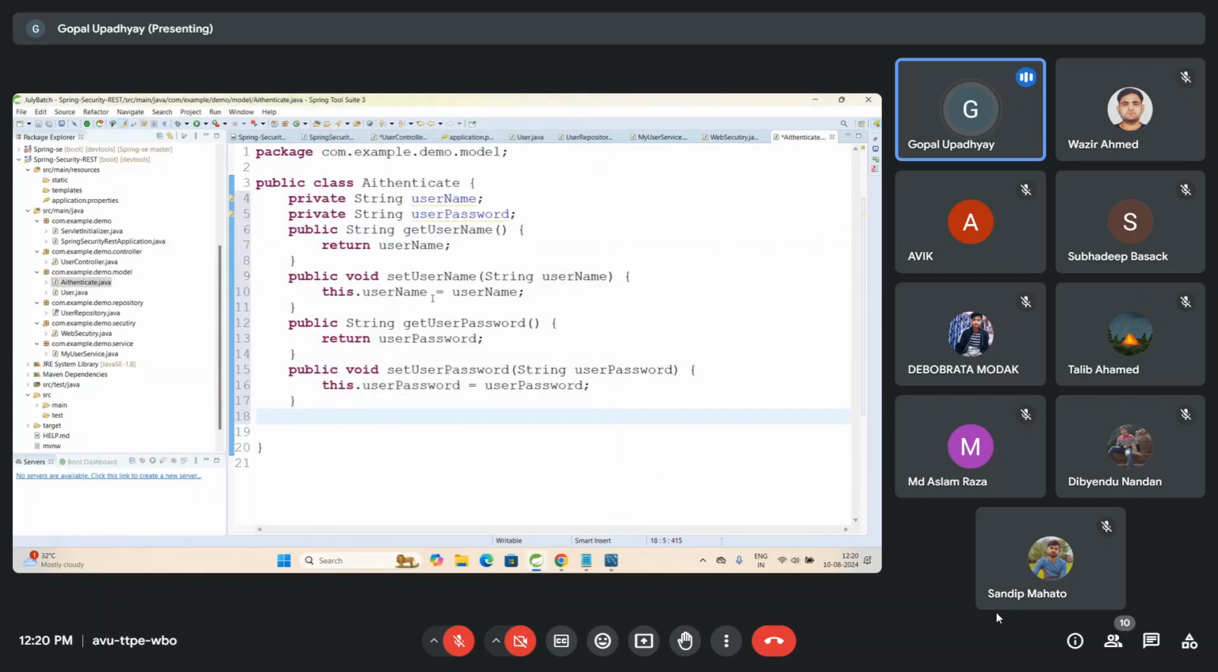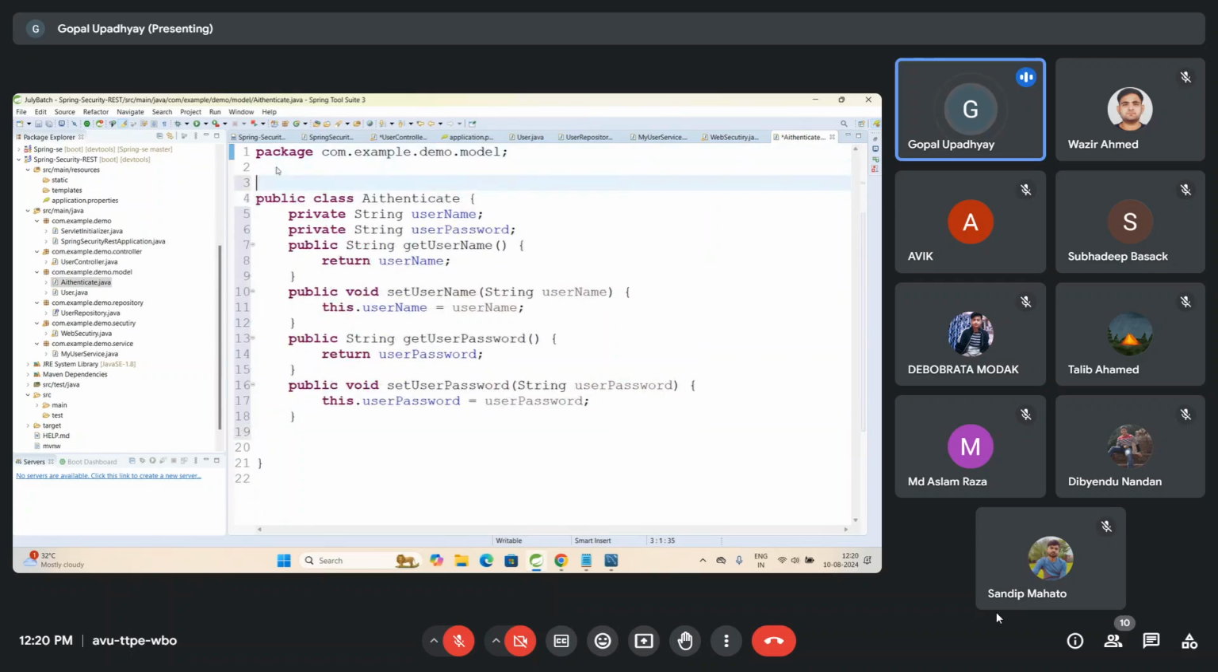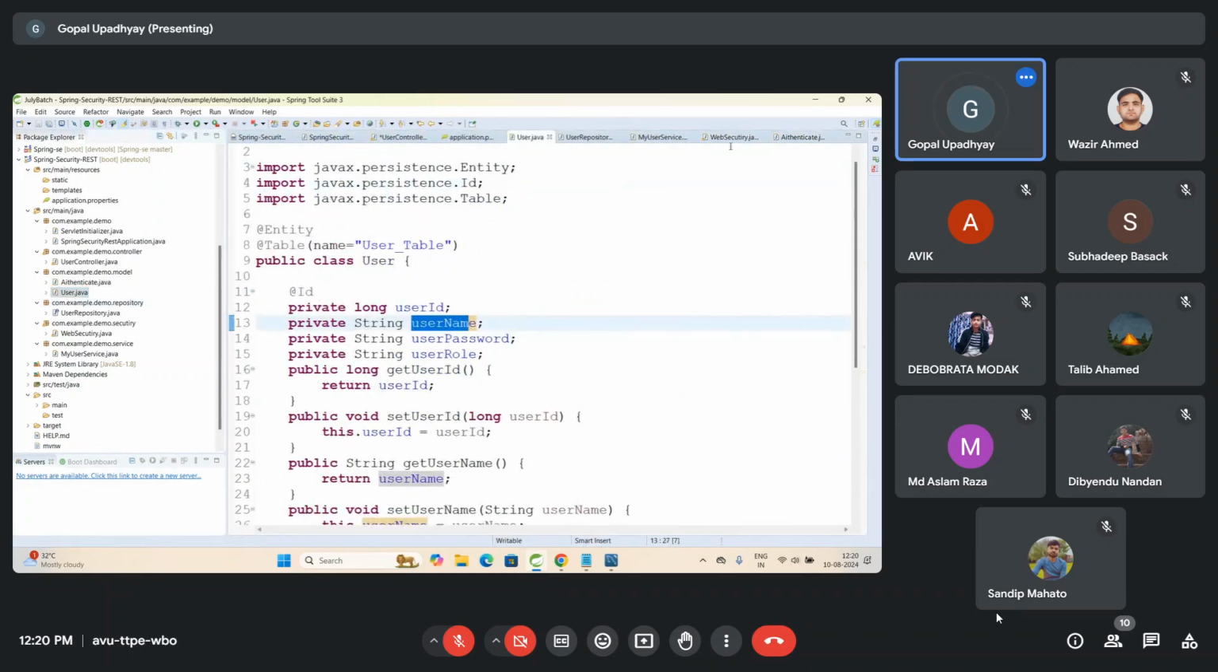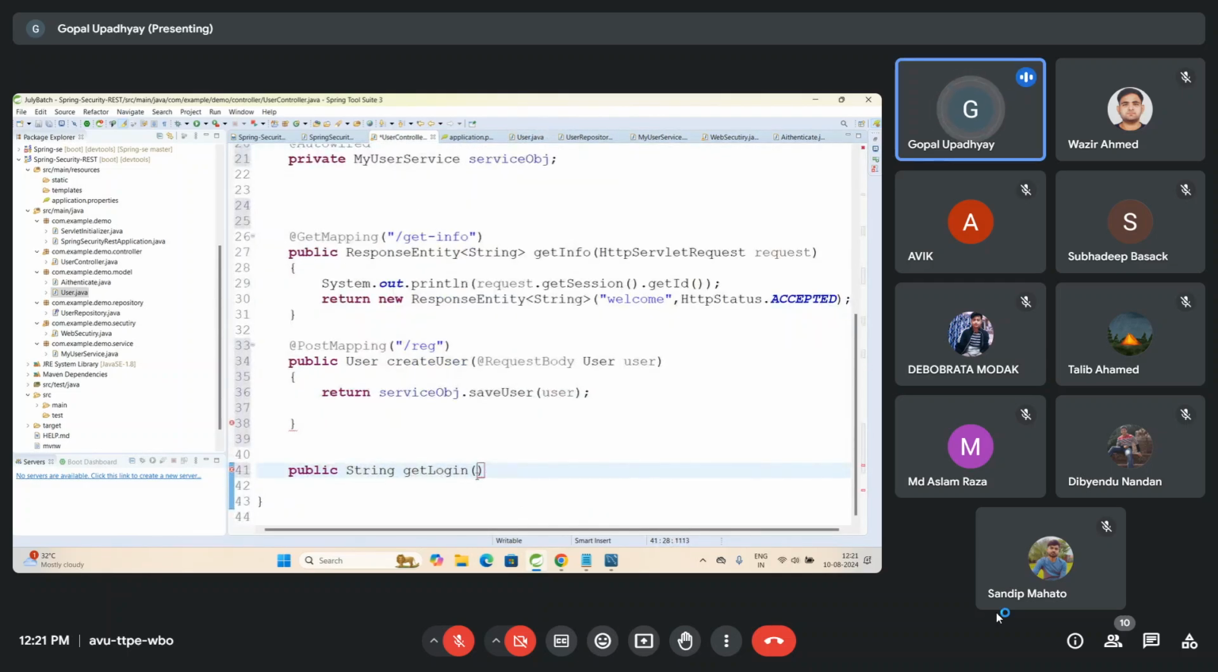So now, I'll annotate this with the at the rate. No need for annotation, because I don't want to save into a database, because the user will already be saved into the database, right? So what I'll do in the user controller, let me go to the user controller, and here I'll say request body,